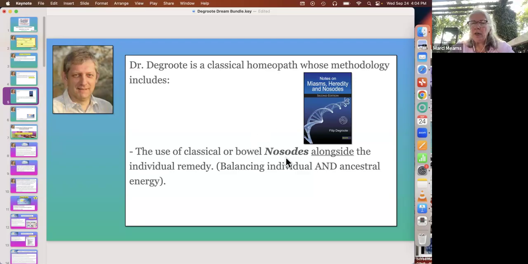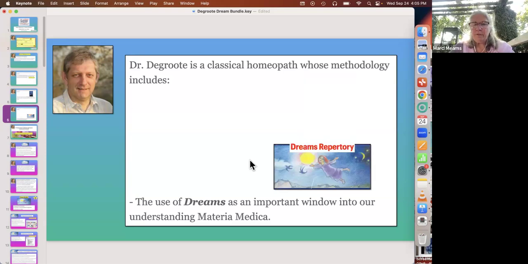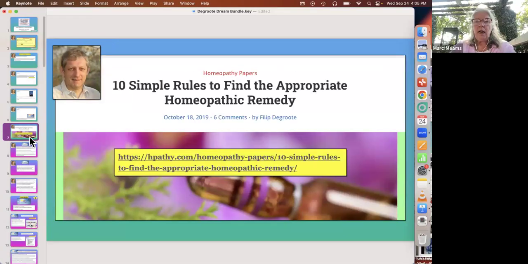That information is covered from Dr. Degroote's point of view in this Miasms, Heredity, and Nosodes book. Okay, so this is another important feature of the way that he works. And finally, of course, the use of dreams as an important window into our understanding of materia medica and our patients.